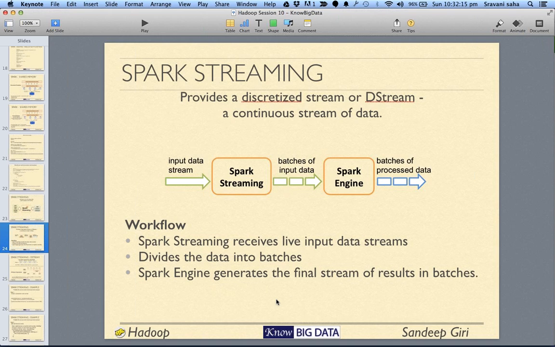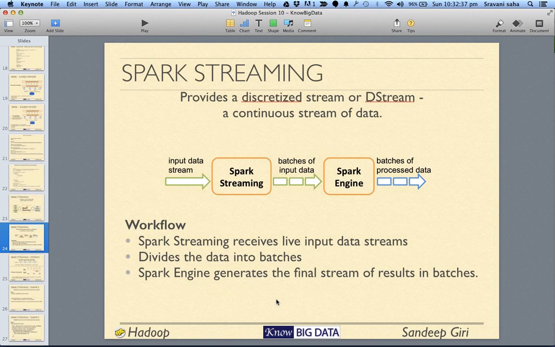So the first element of the RDD would be the data from 0 to the first second, the second element would be the input data from 1 to 2 seconds, and so on. That is what the entry point of Spark Streaming looks like.